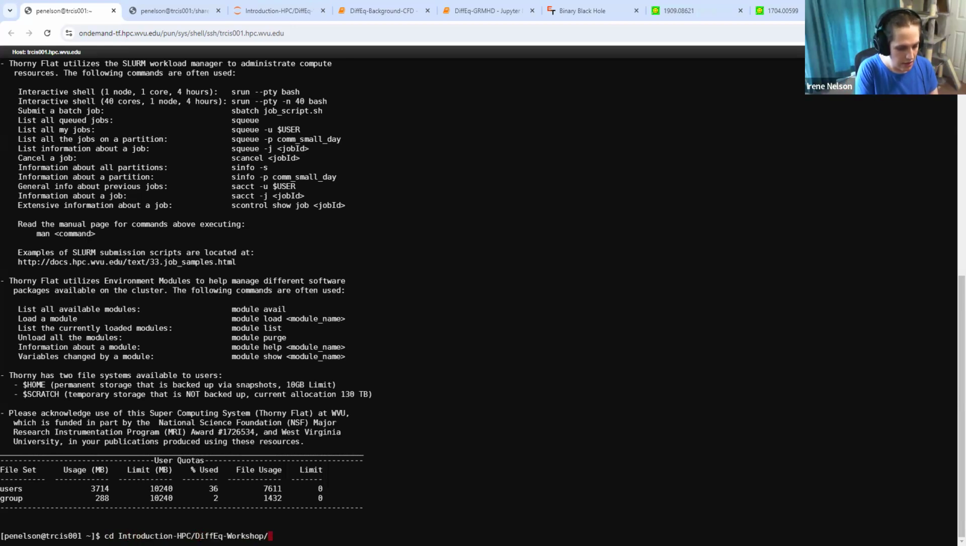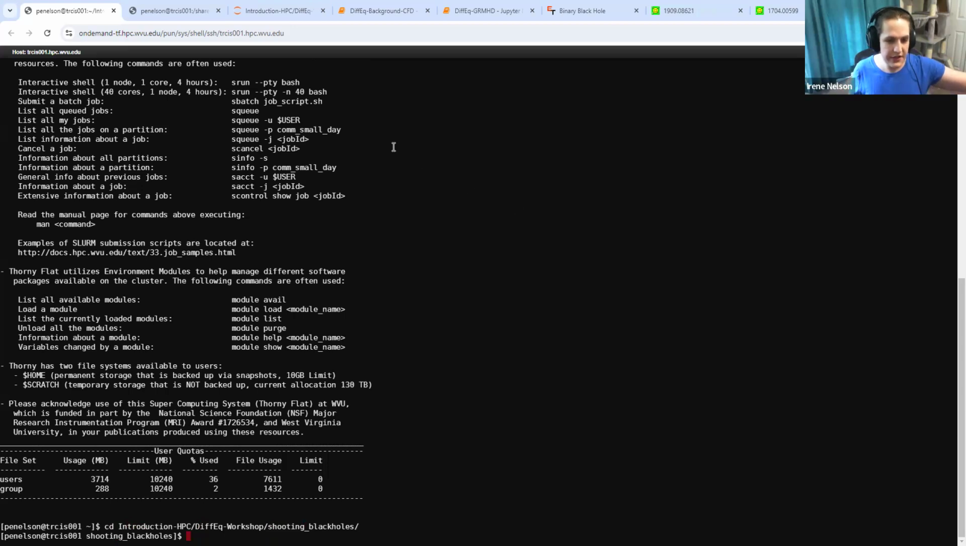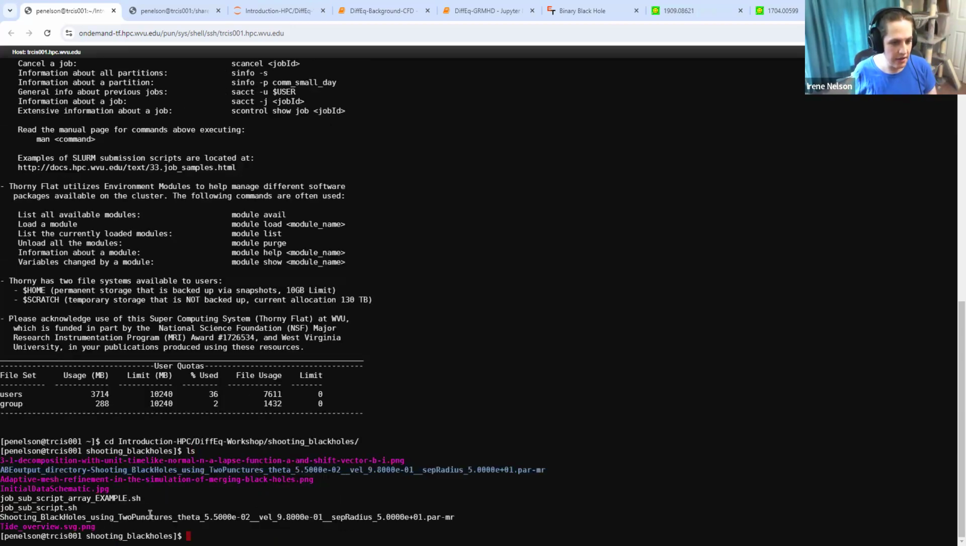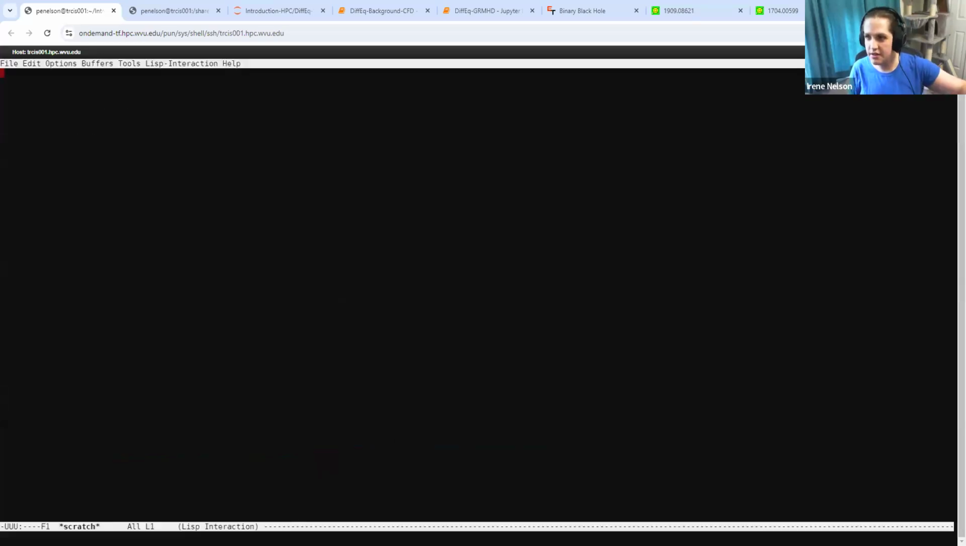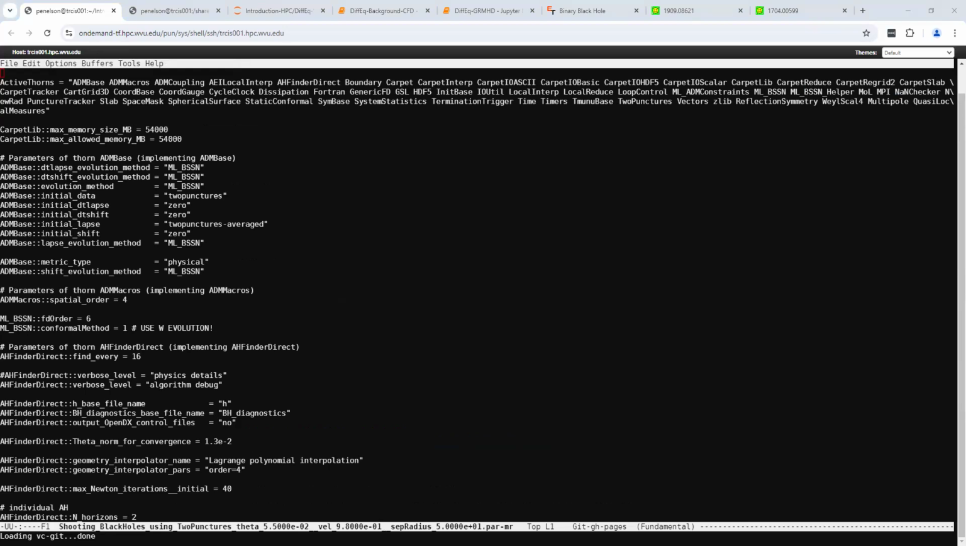So this is in the Diffie workshop subfolder, and then in the shooting black holes folder. So we have this parameter file. All right, one sec. Okay, so